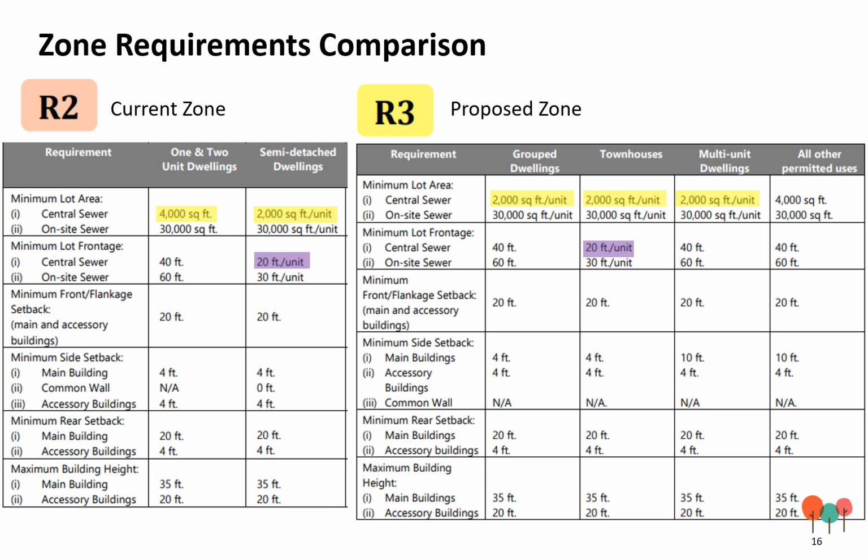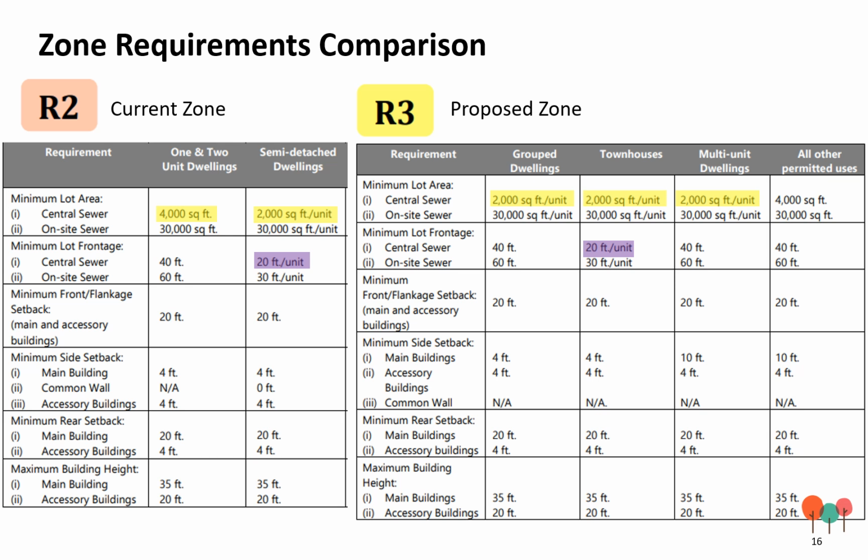So on this slide, I will be talking about a range of things, but I will note that they are not ordinarily considered through this planning application process. The reason I'm discussing them is that I've had a few questions emailed to me from the public regarding density of dwellings on the site. So these are the zone requirements for the residential 1 and 2 unit zone, or R2 zone, and the proposed residential mixed density R3 zone.